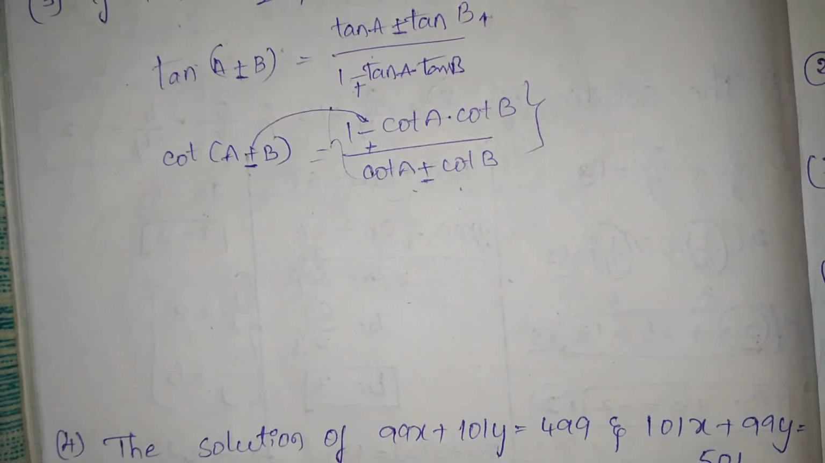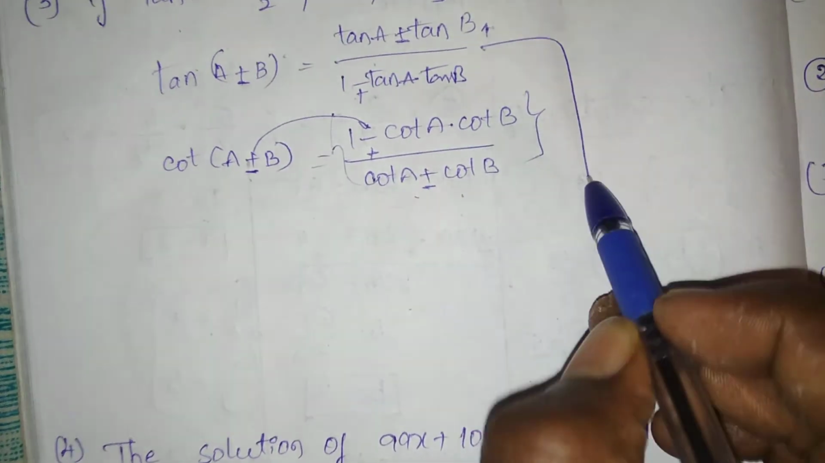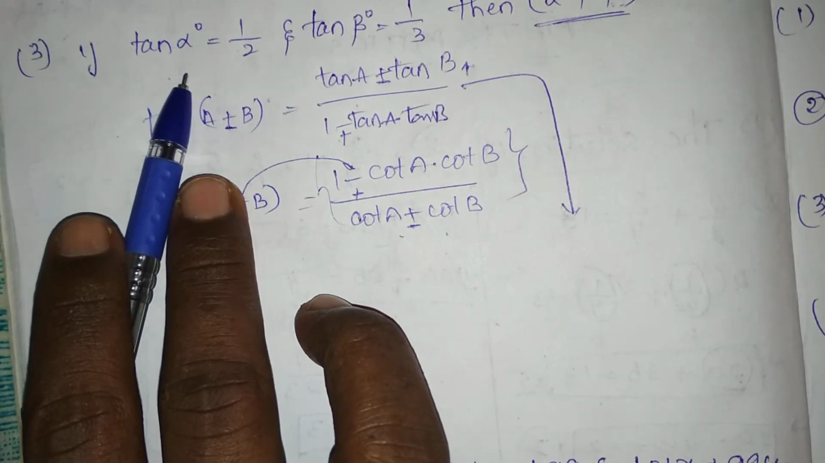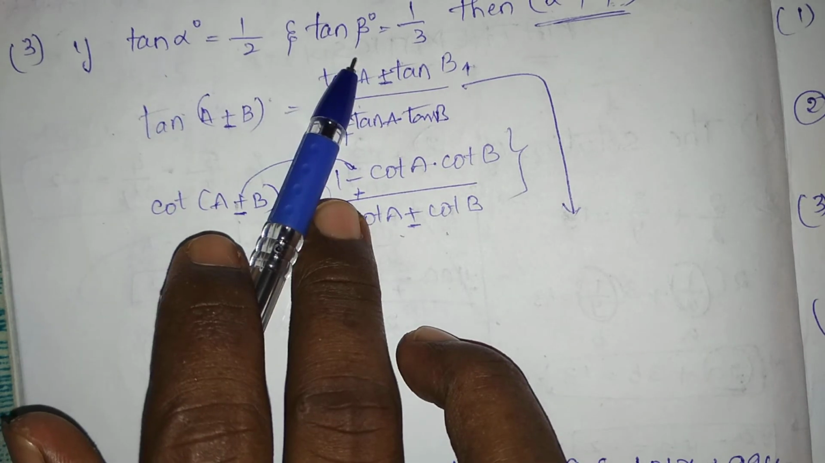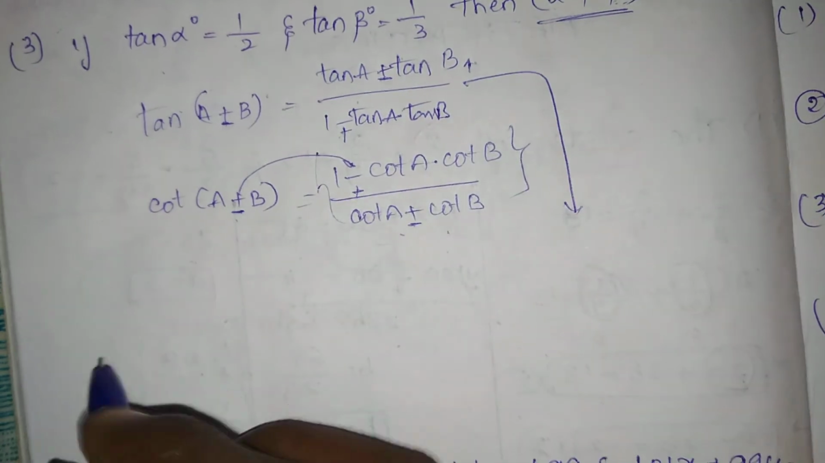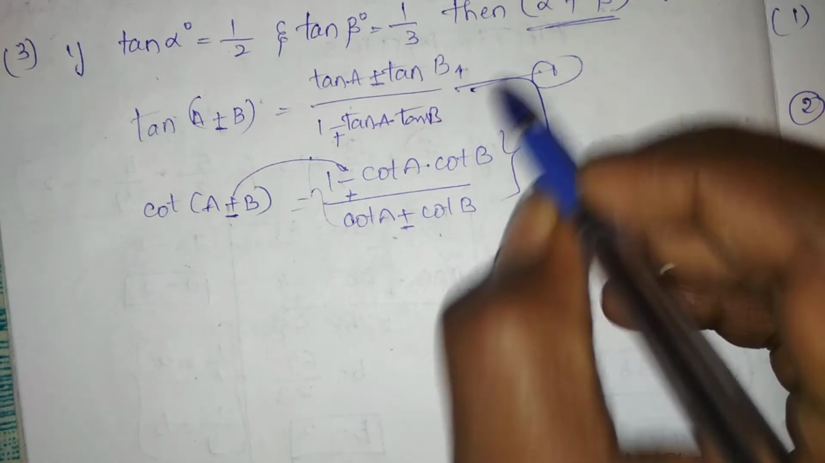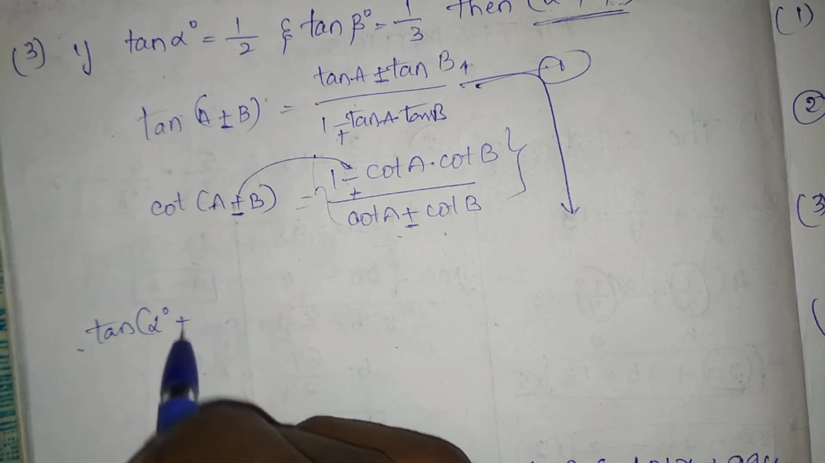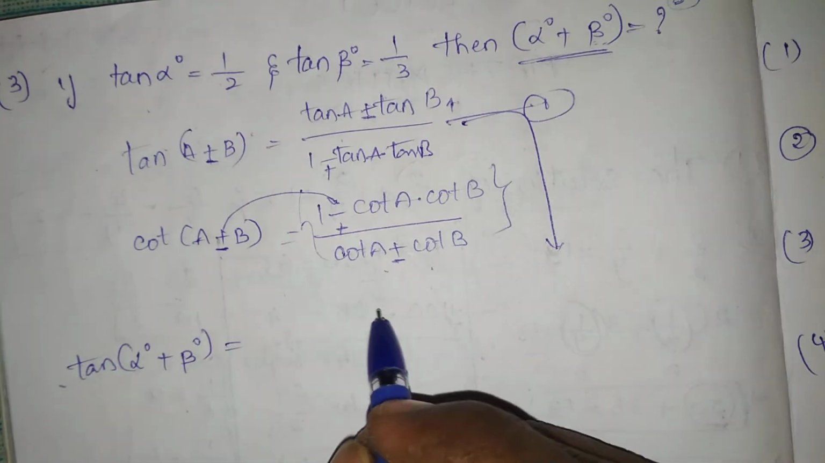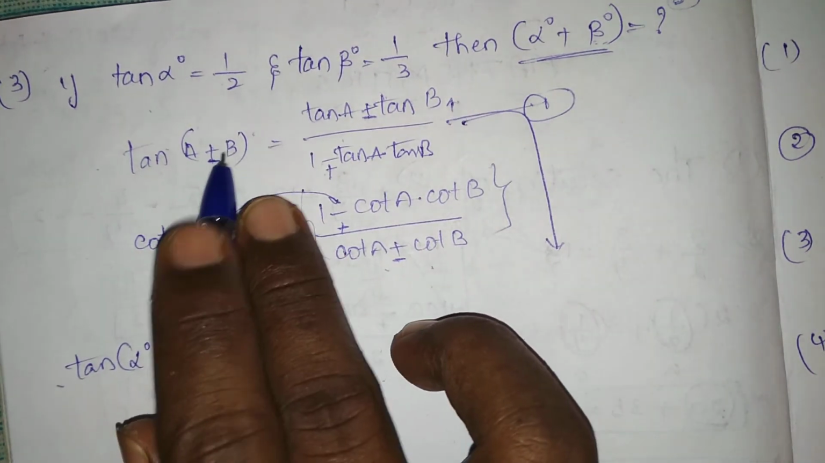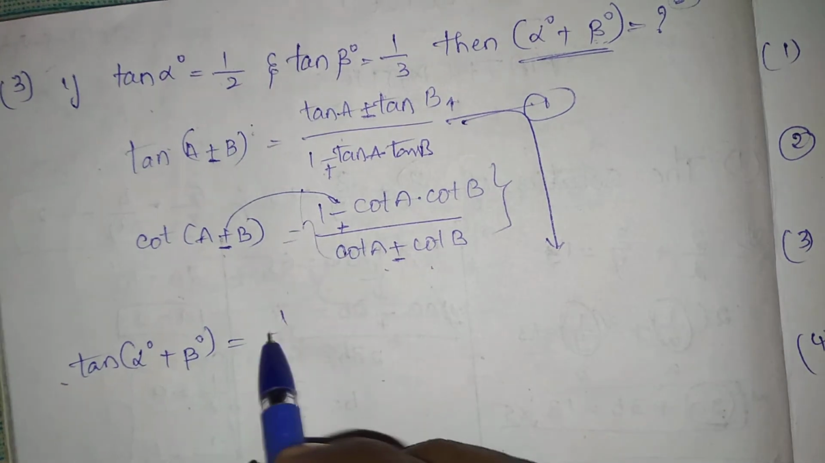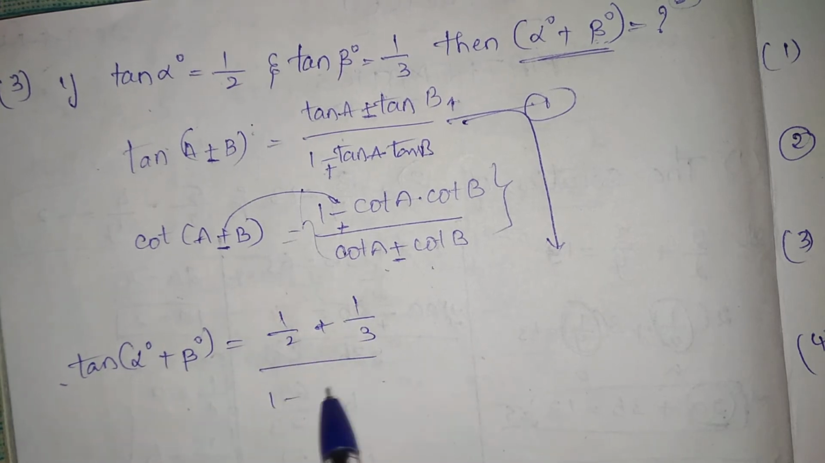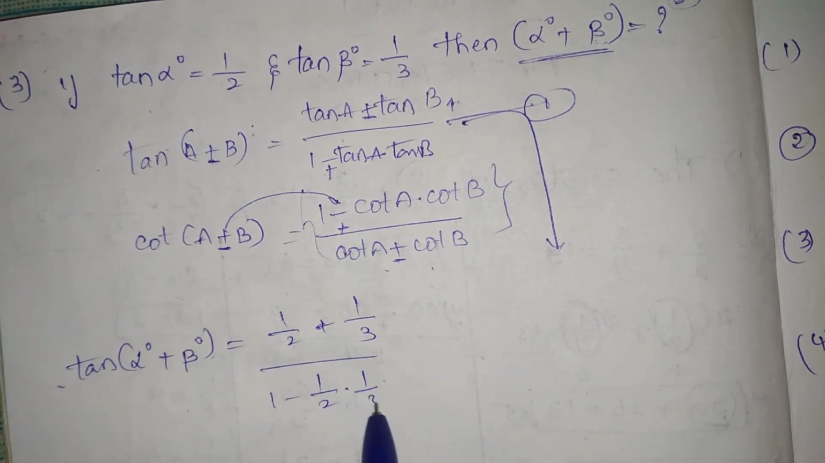According to this formula, I am considering tan alpha is equal to tan A and tan beta is equal to tan B. Substituting the values in the first formula: tan of alpha degrees plus beta degrees is equal to, with tan A equal to 1 by 2, 1 by 2 plus 1 by 3 by 1 minus 1 by 2 into 1 by 3. That gives rise to